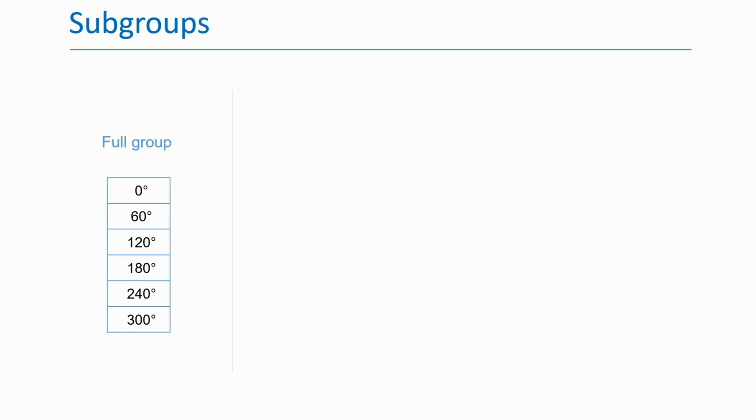Let's define the term subgroup, which we have used to describe information and uncertainty. A subgroup is a smaller group that is a subset of the full group. These 6 elements describe the full group. What subgroups does it have? These 3 elements form group 120, so that is a subgroup of the full group. There's one more important subgroup. Try to guess what it is.